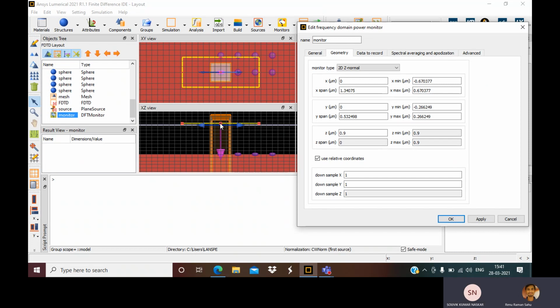The simulation is done only within this simulation region. If the monitor is beyond that, you see nothing. Exactly. Let me do some settings again.